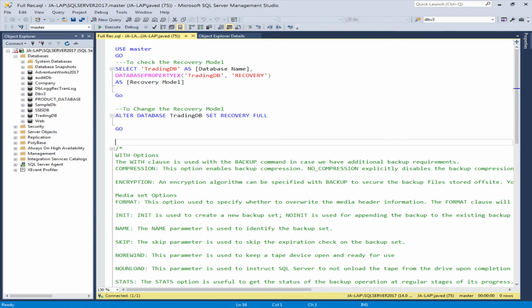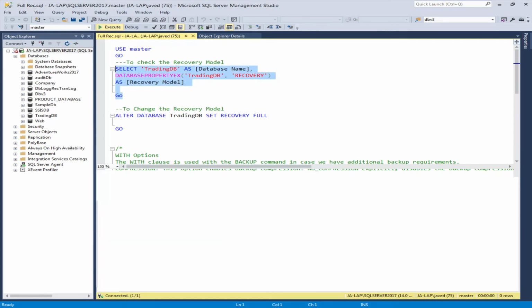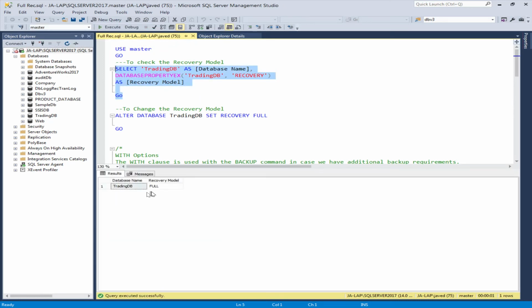First, if we need to check which recovery model our database currently has, this is the query to check it: select DATABASEPROPERTYEX of trading DB using recovery. We will see what the recovery model is for our example database. So our database is trading DB and it's using the full recovery model.